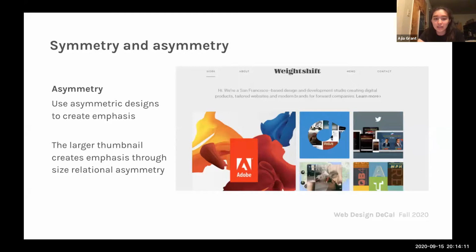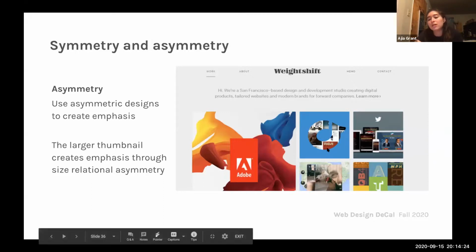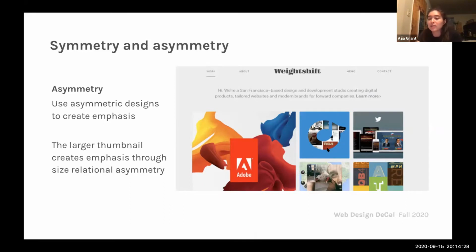And then asymmetry, you can use it to create emphasis. So when everything is symmetrical, everything can be of the same importance with each other. Like as you see, these 4 squares over here are all kind of the same size and it's symmetric over there. You know, okay, those are all of the same importance level, same with the navigation bar.